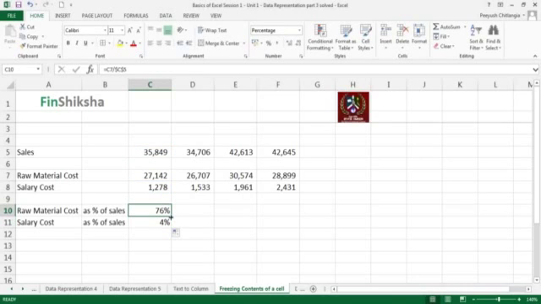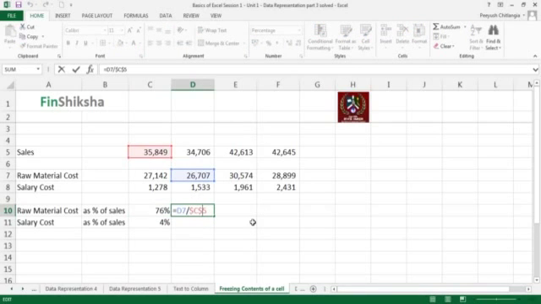However, this solves our problem when we are taking it down vertically. Let's see what happens when we take it on the right side horizontally. It gives us a number 74%, but now it is distorting things a little bit. You see that the formula has been frozen once again to the sales of the previous year. So if we are moving rightwards in terms of our data, we are dividing this year's raw material cost by last year's